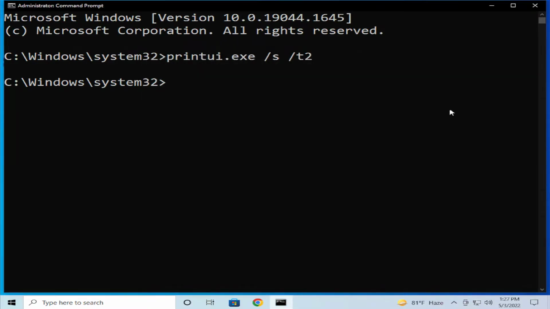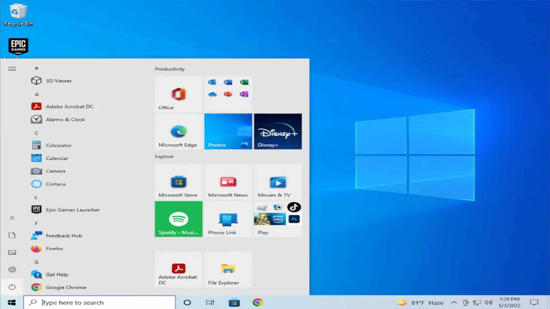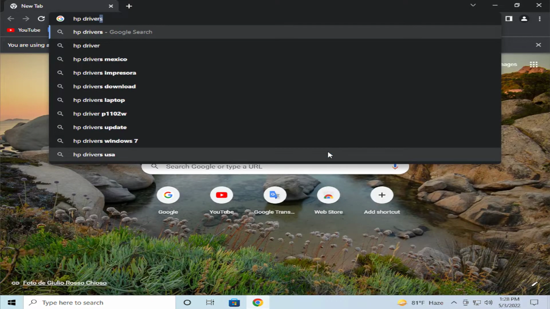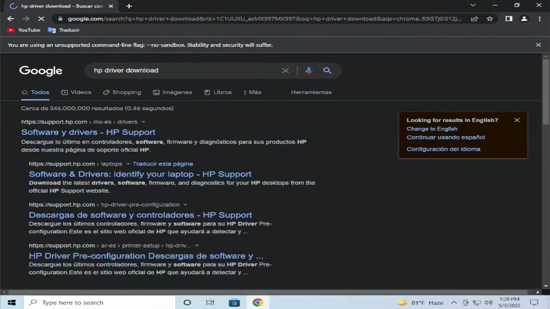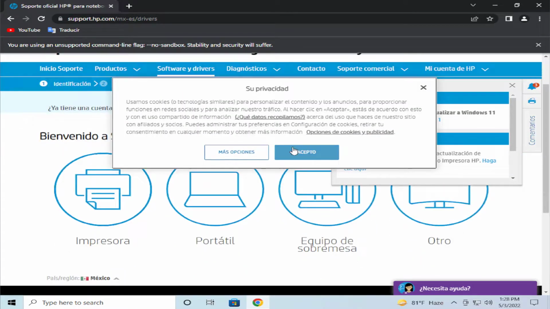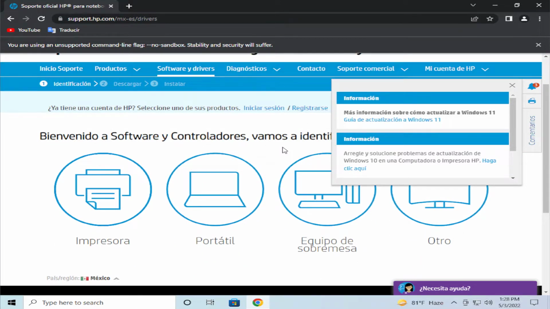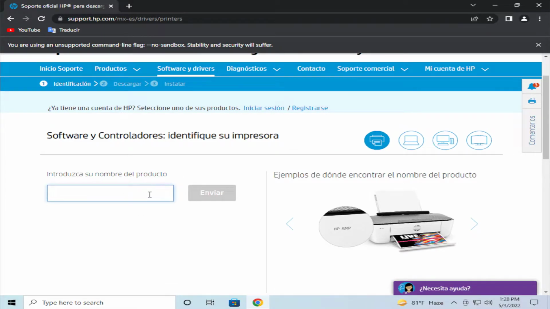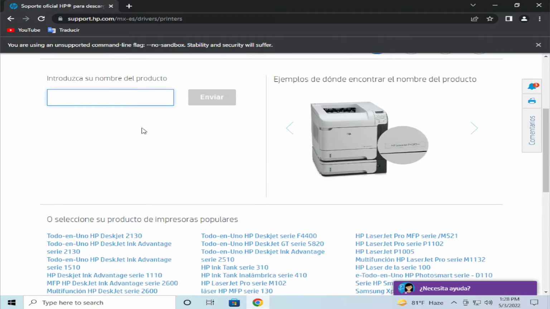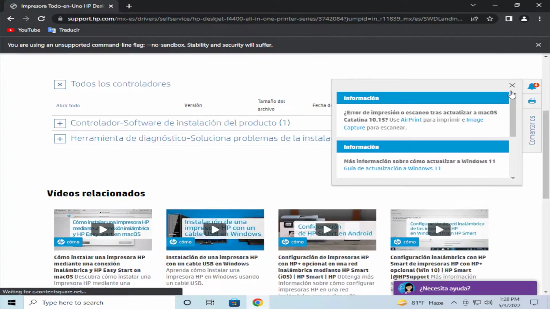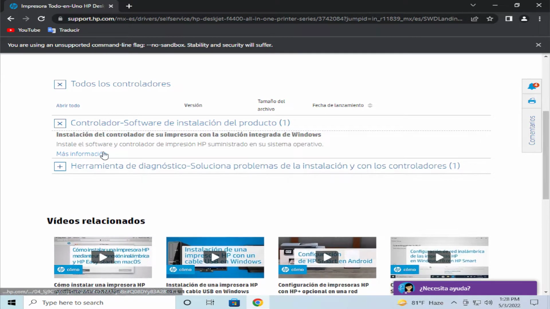For example, go to a web browser. For example, at HP driver download, and go to the manufacturer of your printer, Lenovo, HP, or other printer, select printer and select your model and download your driver and install your driver. Click on here, for example,